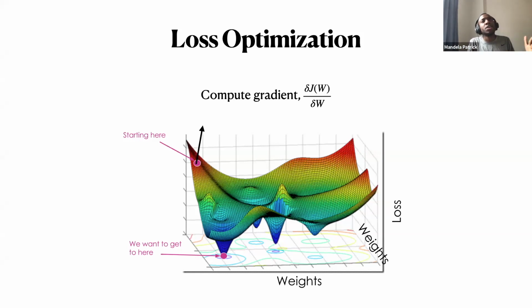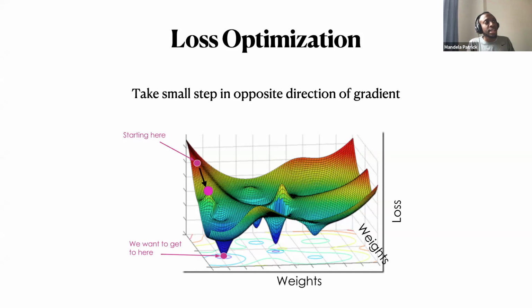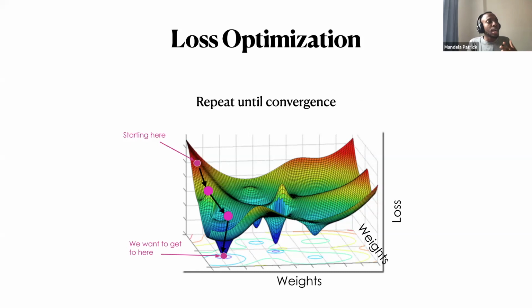In the case of hiking, you're just trying to follow the trail. And a gradient basically gives you an idea of the trail of a loss landscape. Then we take the direction opposite to the gradient. The gradient tells you how to go up, but we want to go down, so we go in the opposite direction to where the gradient is telling us. And we keep following the gradient until we hit the minimum loss.